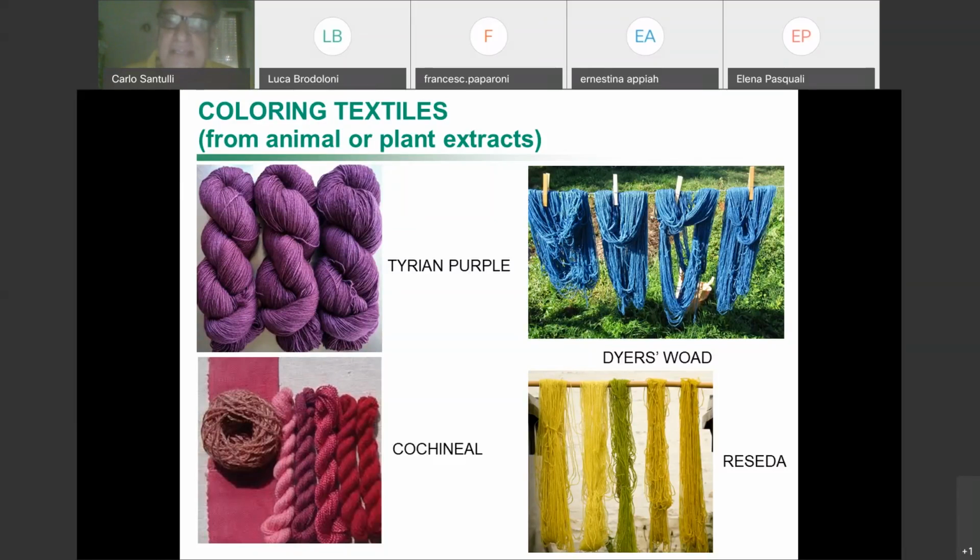Then we have the cochineal, which comes from small insects and is still used a lot, for example, for liqueur and so on. It's a kind of coloring extract which is heavily used, well, not only for liqueurs, in patisserie, and also for coloring textiles. Of course, we have more chemical coloring dyes, which we are going to discuss later on.